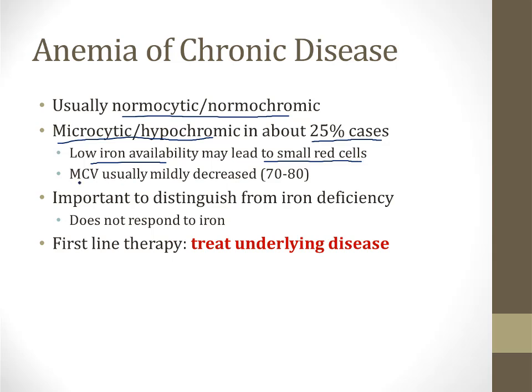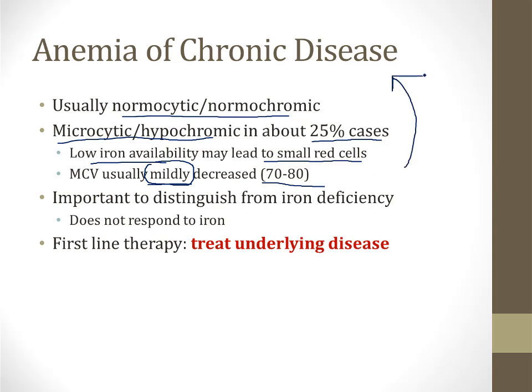Importantly, however, the MCV is usually only mildly decreased when the cells are microcytic in this disease. Remember, mild is the key word for anemia of chronic disease. So a normal MCV is 80 to 100, and the MCV is usually above 70 in this disorder. If you see a case described where the MCV is very low, they are probably not talking about anemia of